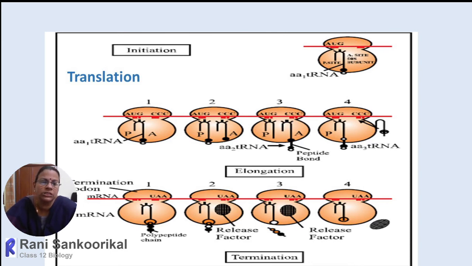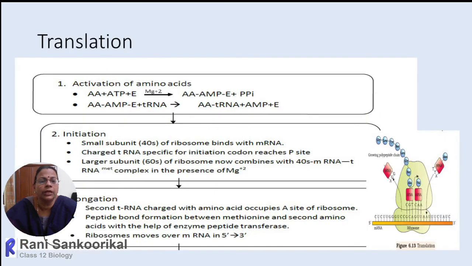So instead of that, releasing factor will bind. In the presence of releasing factor, the bond between the last tRNA and the polypeptide chain will break, and that will result in dissociation of subunits and the detachment of last tRNA from the mRNA, as well as the growing polypeptide being left free out of the site, and releasing factor also will be moved out of the site. So the entire process will come to an end. Then accordingly, these are the main steps I wish to